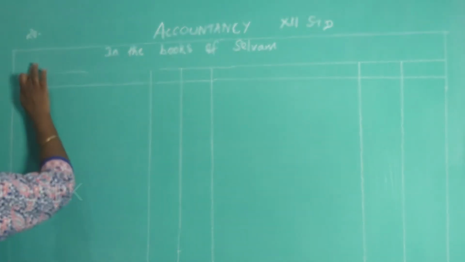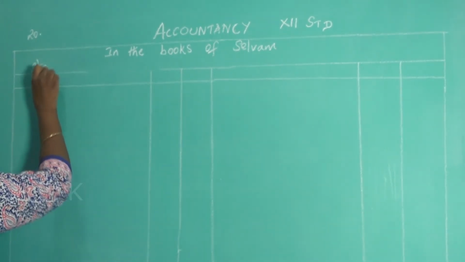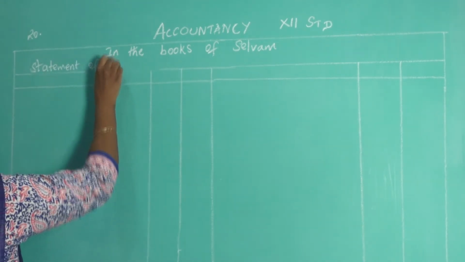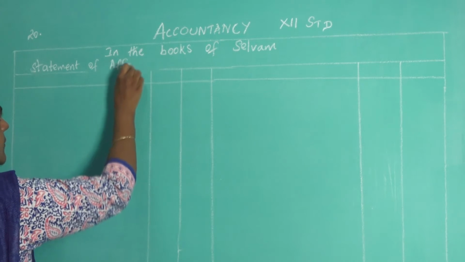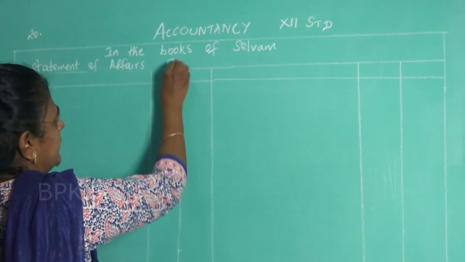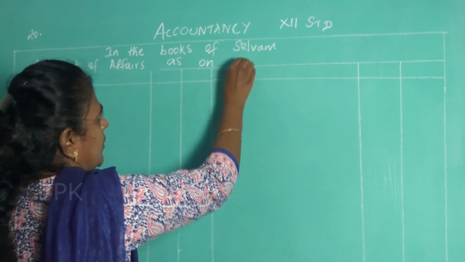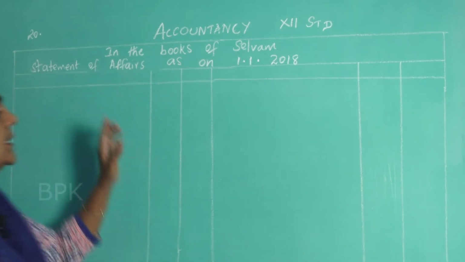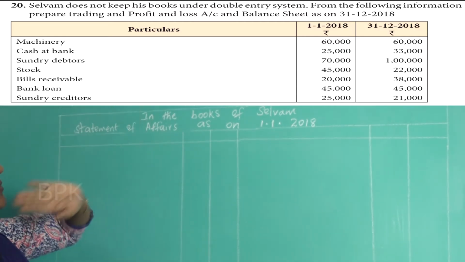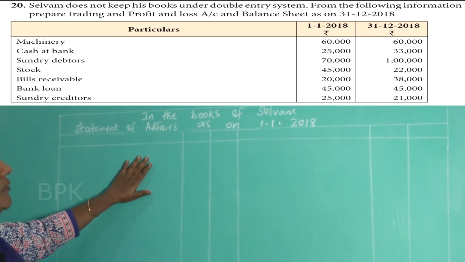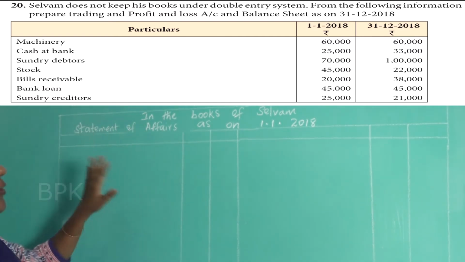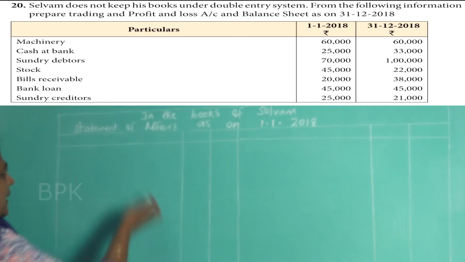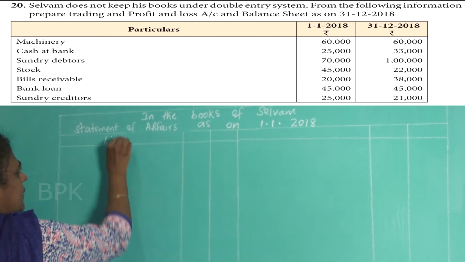Then you write statement of affairs as on 1/1/2018. Now look to the question. So two amount columns are there. We are going to prepare the statement of affairs using the first amount column, that is the opening balances of the assets and liabilities. Okay. So here you write liabilities,